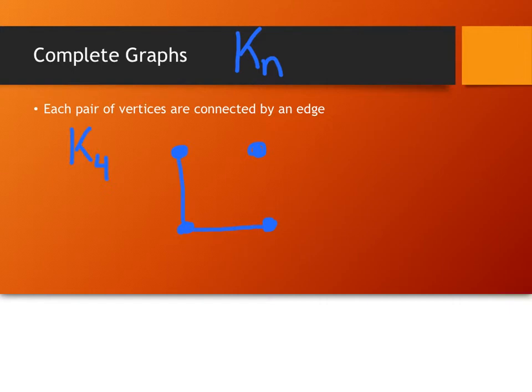And what makes it a complete graph is that every single connection possible is made. All right? So if I take my 4 vertices, each vertex is connected to the other vertices. So each pair of vertices is connected by an edge. And this allows not just for one Hamilton path or one Hamilton circuit, but it turns out because this is complete,